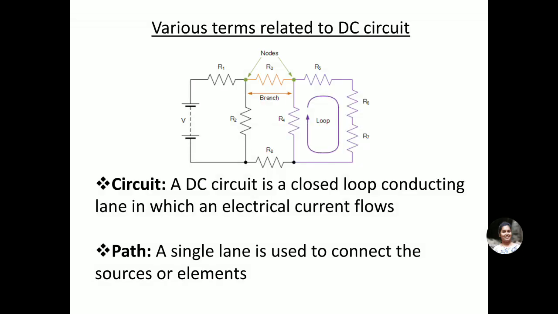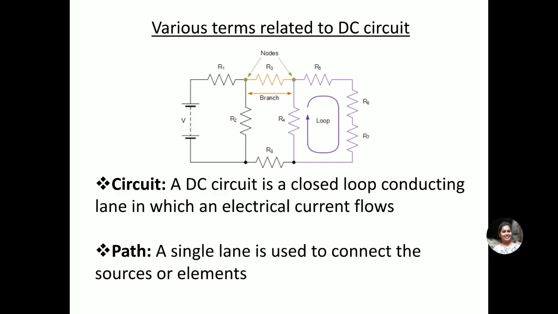Before discussing Kirchhoff's voltage law or current law, there are several terms which may be new while dealing with this topic. So before going into the circuit details and calculation part, we'll discuss some basic terms which are related to the DC circuit. In this slide, we can observe a circuit